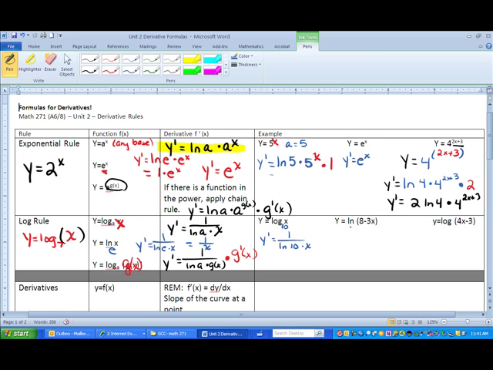The next one is a ln, but we also have some stuff inside of here. So we are going to have to use the chain rule to make sure we have the derivative. So here's what we have: the ln of 8 minus 3x. So in the end, we have to take the derivative of that. To find the derivative of this, you can use really any of these formulas to help you here. If you want to use the second one, that it's equal to 1 over x, that's fine, but let's walk through it. So we do 1 over the ln of the base, and the base is e, so 1 over ln e